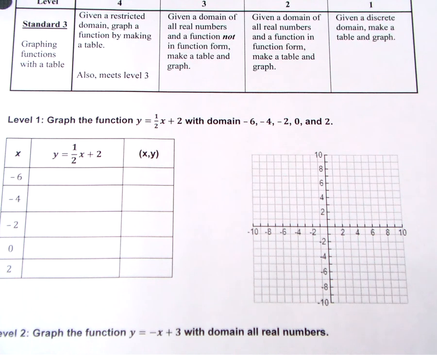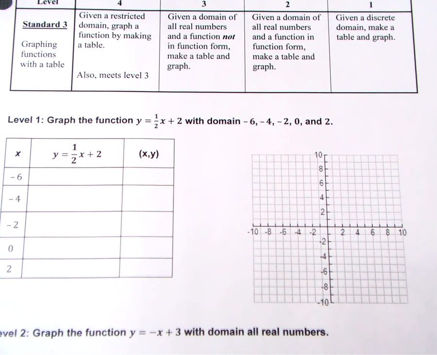Today we are moving on to Unit 4, Standard 3, and we are going to be focusing solely on Level 1 today. Level 1 asks us to make a table and a graph given a discrete domain. Now, a discrete domain means that we have individual points, and we do not connect those points with a line. Connecting those points would indicate that every single one in between those points is part of the line, and that's